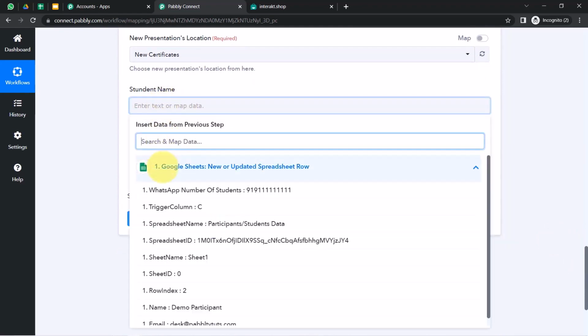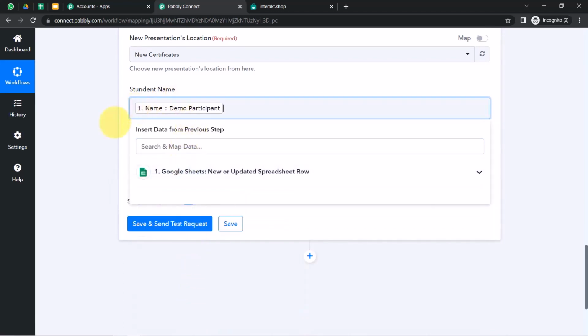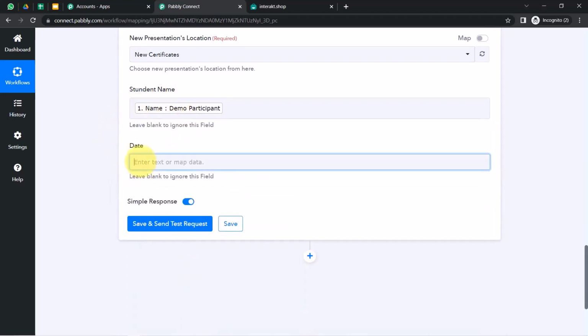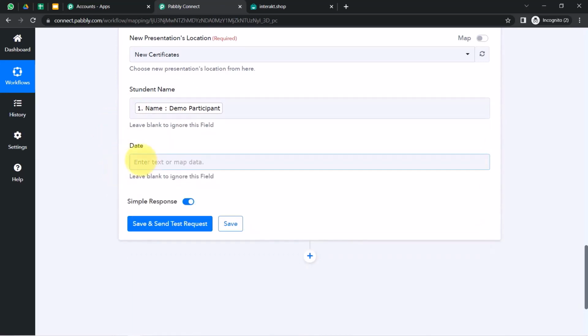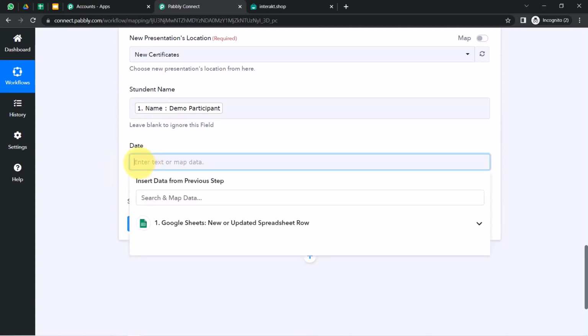And as I have told you, we are going to map the data from the data which we have received from our Google Sheets. Asking for the date. Well, date is something which is not going to change. This date will be the same in every certificate. So instead of mapping this data from the sheet data, I am going to provide this data manually, and here